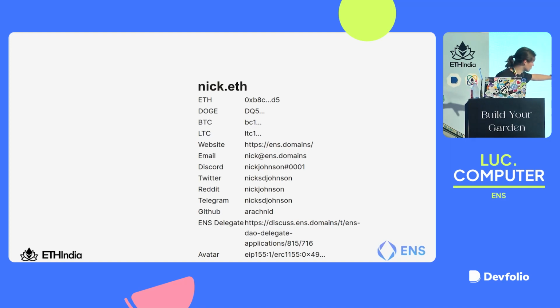So all of these, if you lowercase them, except for the coins, they have numbers, but if you take website all the way to avatar, you lowercase them and you put them in your ENS name, and you put them in the records, they're just key value storage. So you can add anything you'd like. There are proposals out there. You can make proposals. You can standardize these things if you choose to. There are a couple projects out there standardizing having audio in your ENS name. There's a couple projects out there standardizing all sorts of cool stuff, storing KYC in your ENS name, whatever you'd like, and it's optional, of course.